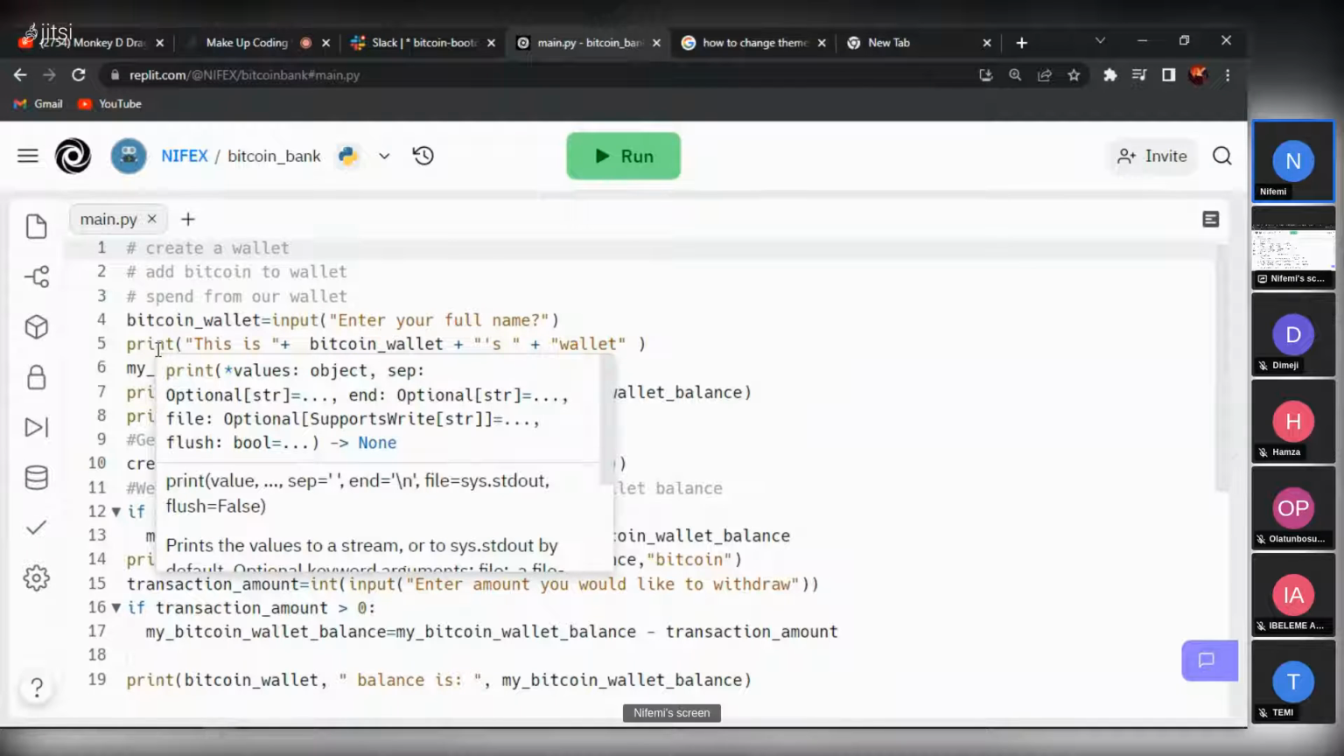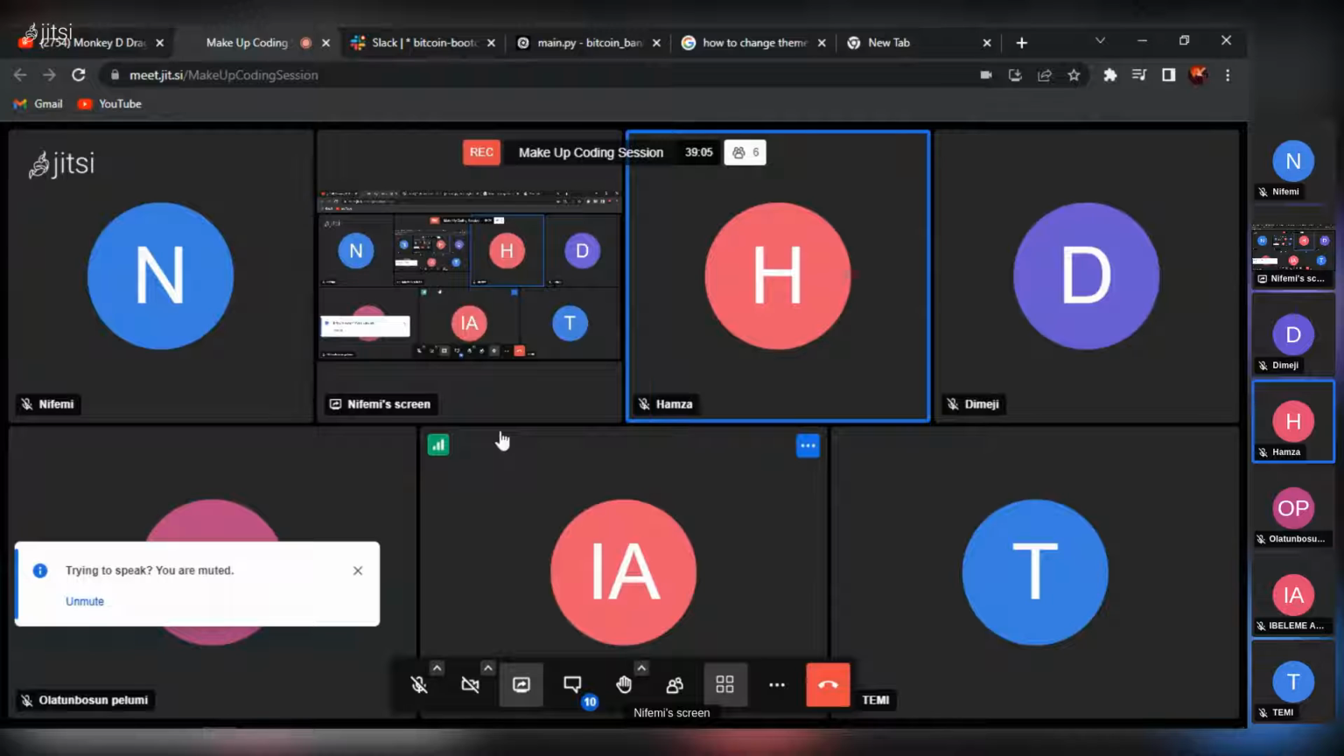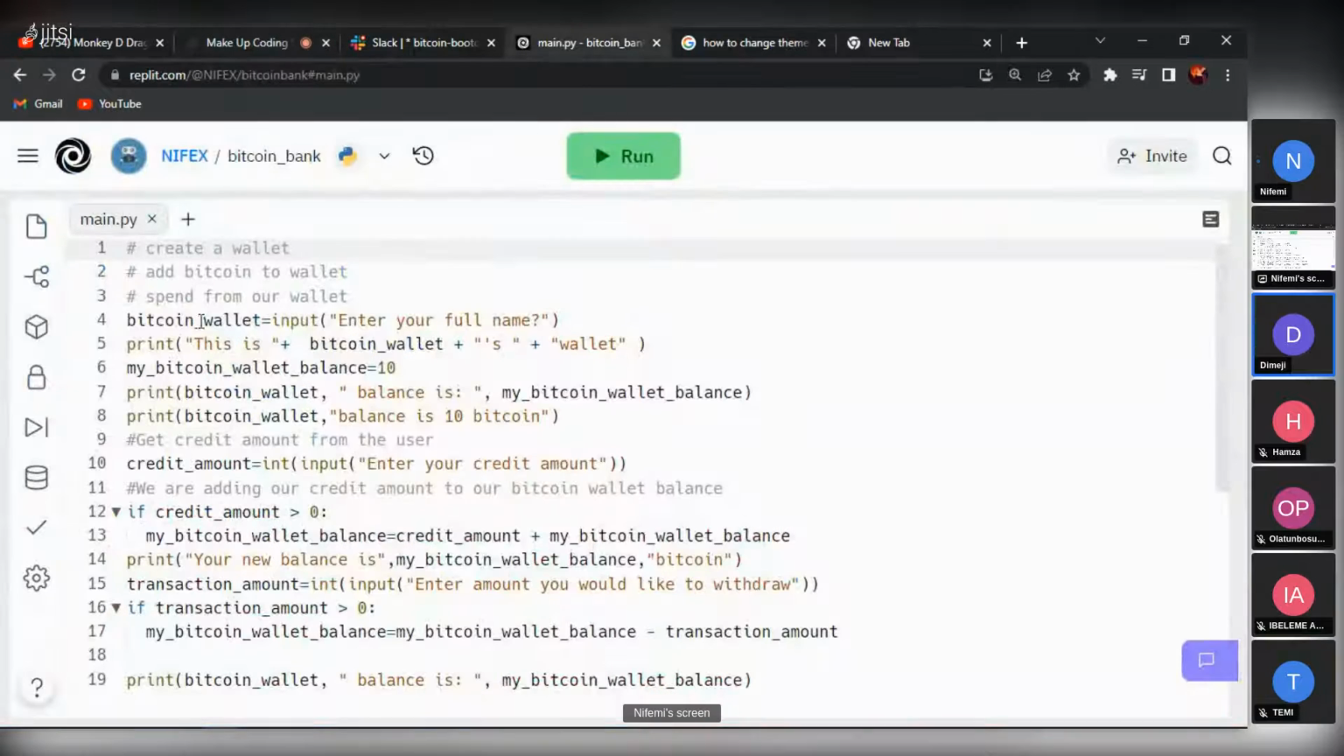Please, can you explain concatenation to us? Okay. Concatenation is the use of the plus sign to join two or more strings and variables together. Here, since we stored our name into the variable bitcoin_wallet, to join it with the other strings, we have to concatenate and use a plus sign. If we were to print this out, this is your name,